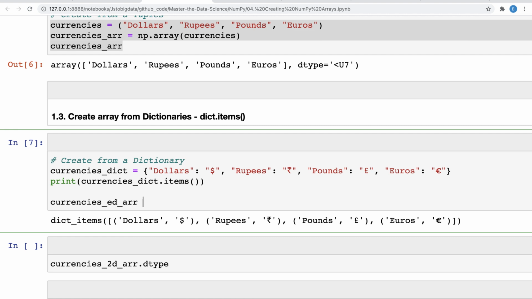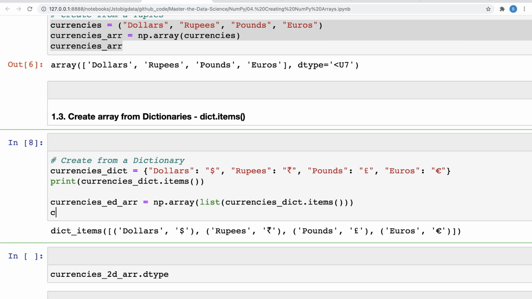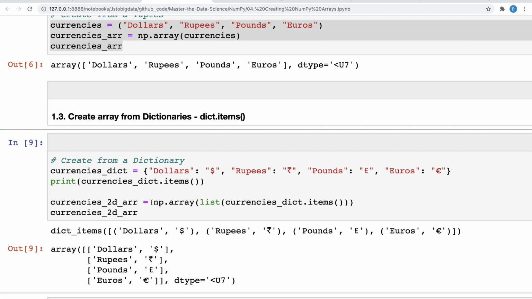Okay, and I'll create it as np.array, and I'll first create a list from the dictionary's items. Okay, so this is my currency dictionary dot items. I convert it to a list, and then I convert it back to an array. Fine. Now items, we have to call it as a function. Okay, and we print currencies 2D array. Okay, it's just, I wanted it to be 2D, so fine.